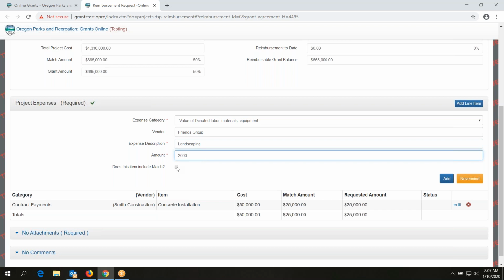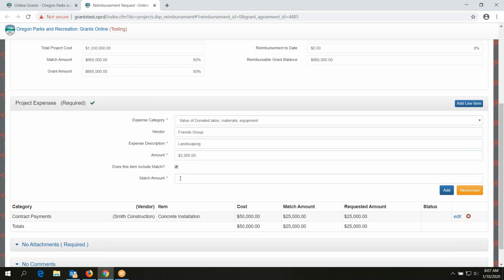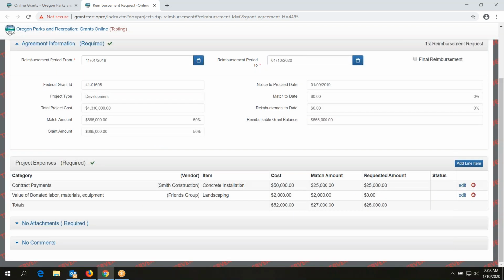And this does include match because we can't reimburse you for volunteer time. So the same amount, and you add that item, and then you'll see the cost of $2,000, because if they didn't do it for you, you'd be paying somebody, and the match amount of $2,000, because the whole thing is match, and that's not part of the request. And so we have a total project cost of $52,000, a match amount of $27,000, and a requested amount of